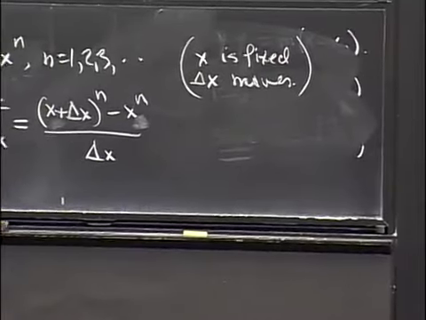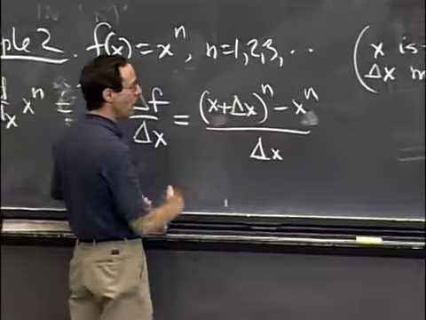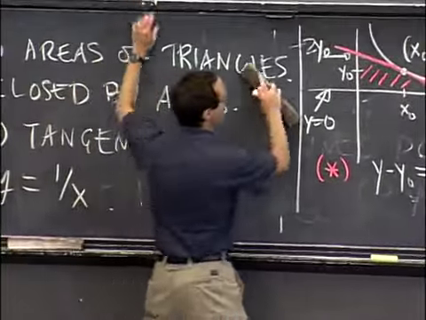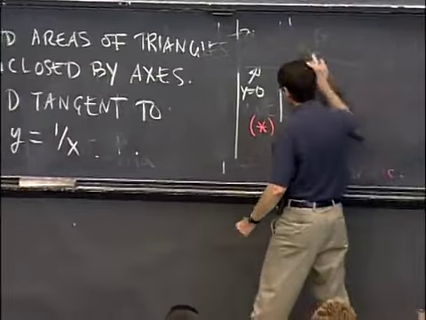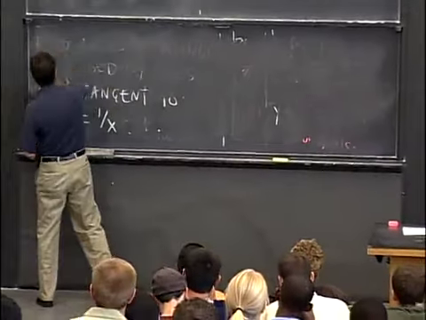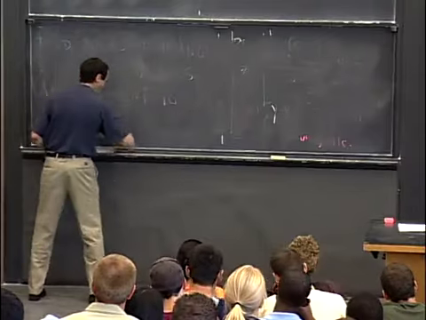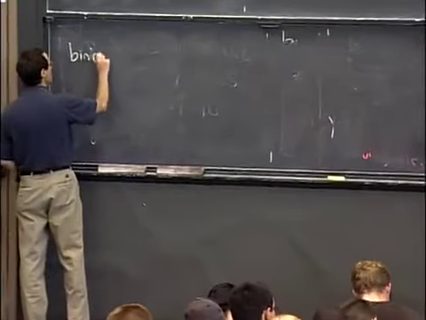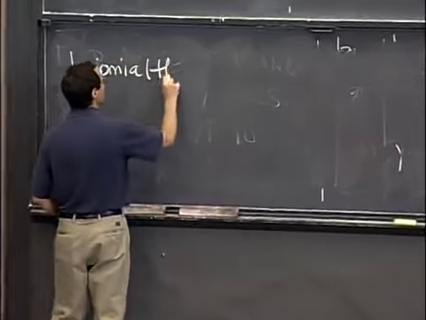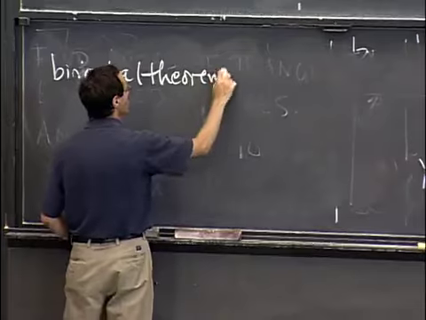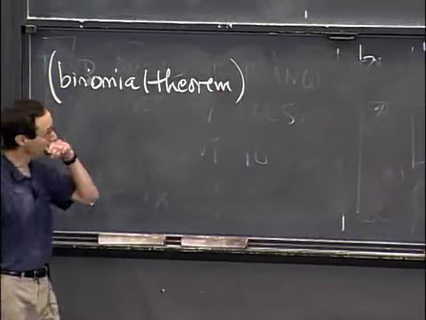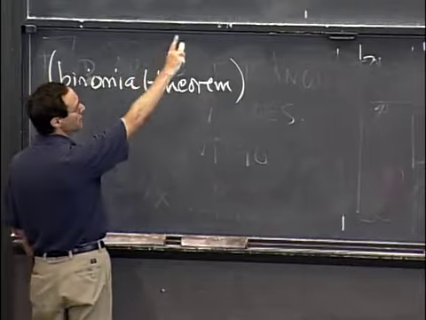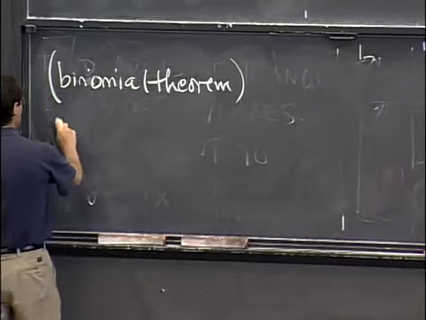All right, now, in order to simplify this, in order to understand algebraically what's going on, I need to understand what the nth power of a sum is. And that's a famous formula. We only need a little tiny bit of it, called the binomial theorem. So the binomial theorem, which is in your text and explained in an exercise, in an appendix, says that